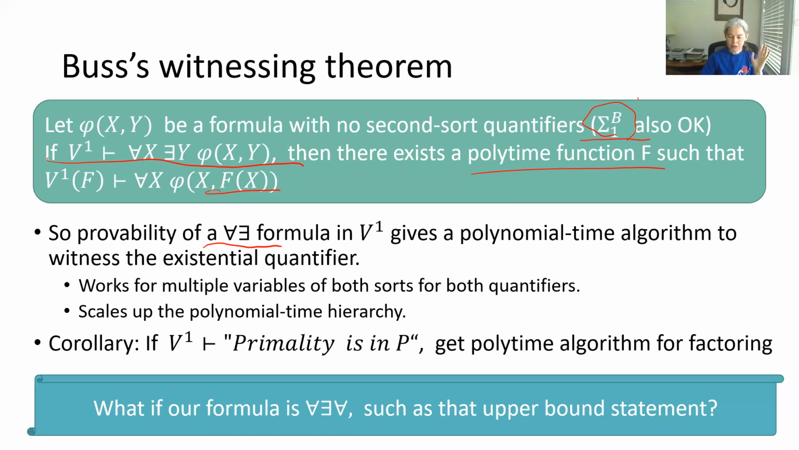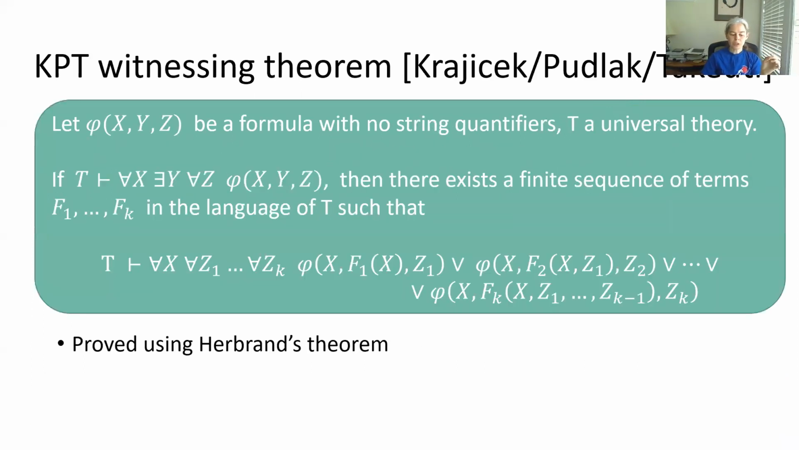But remember, when we were talking about the upper bound, it had a statement which looked a bit different. It had an extra universal quantifier. So if you have a formula of the form for all exists provable in V1, we could find the witness in polynomial time. What if we have a formula of the form for all exists for all? Well, for that, we have a KPT witnessing theorem that builds on Herbrand theorem to say that